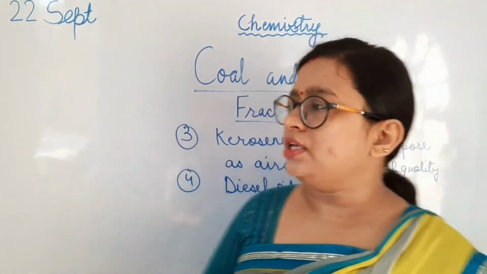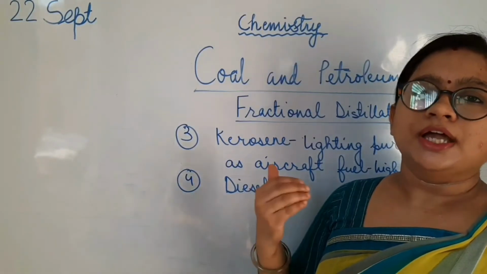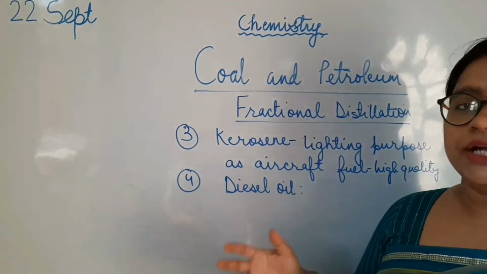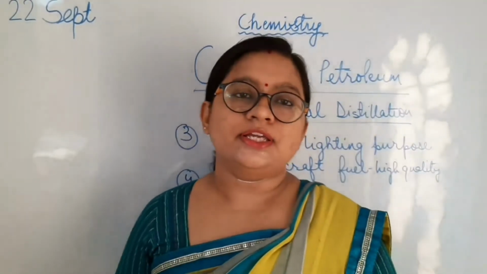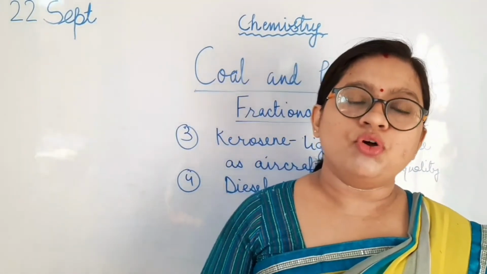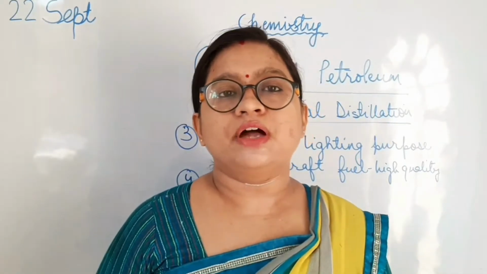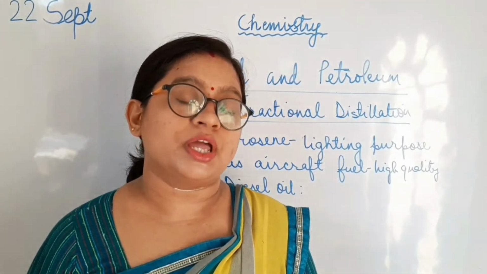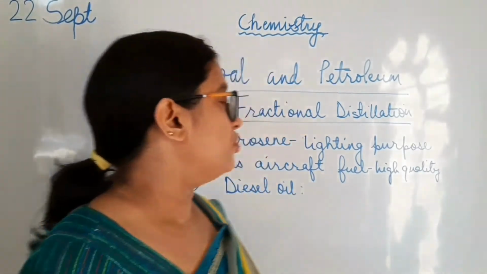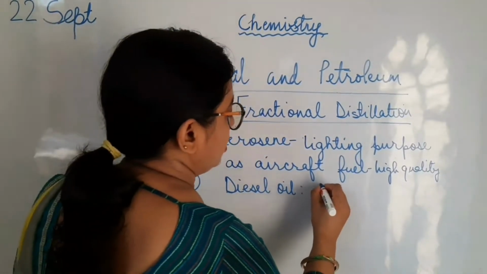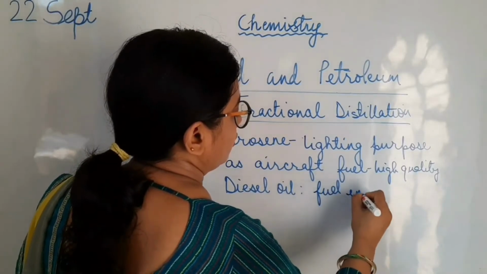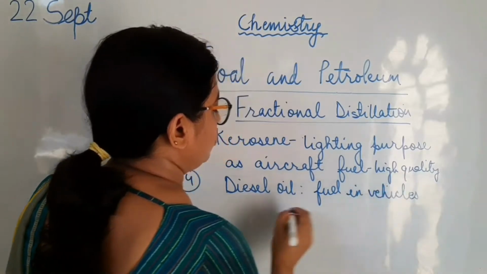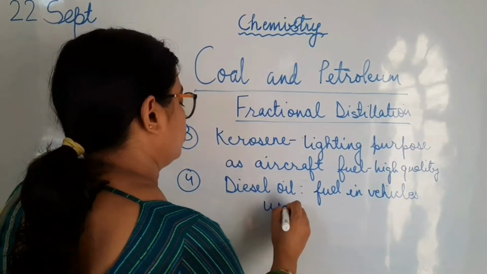Now these are some of the terms which you have seen, listened in your daily life: kerosene, petrol, diesel. Diesel is also a highly inflammable liquid fuel which is used in the vehicles. Now as you know, in recent times diesel is preferred over petrol for many reasons. For example, for the pollution reason. Diesel does not produce that much pollution as petrol produces. So diesel is preferred and it acts as a fuel in vehicles. What about other uses? It is used in generators also.